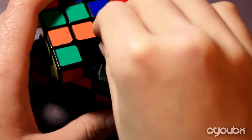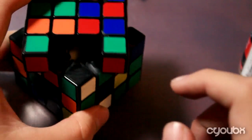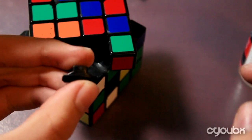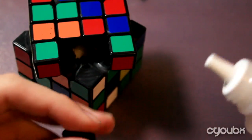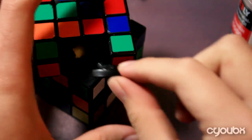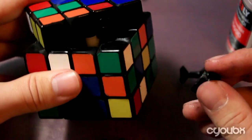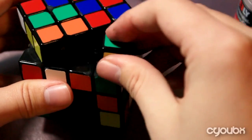This other one you don't have to lube. Just slide it in. Like so. And you can see how that's stuck down. So now what you want to do is take your small inner piece, the last one. You want to lube the top of it so that it can stick in the hole that you just created with the centerpieces. And obviously this also helps lube the internal mechanism. I accidentally dropped the piece in there, but it should just snap in like this and it'll stay there because of the lube. I did take the corners out. You can put that back in